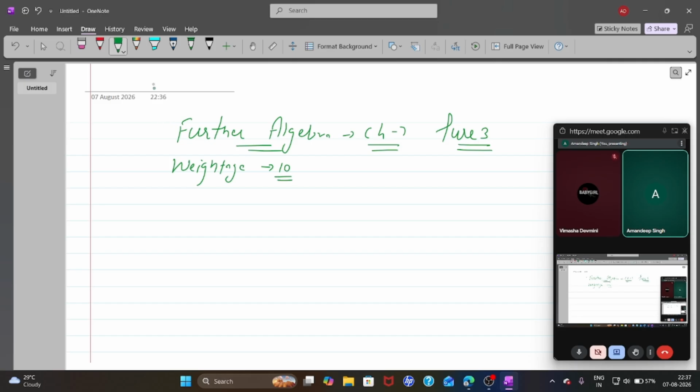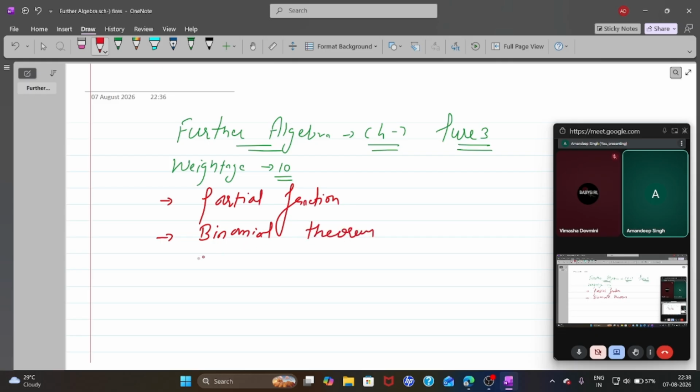And what topics we are going to cover here. This chapter divides into 4 exercises according to the Hodder publisher. In the 4 exercises, what are we going to learn? We are going to learn partial fractions. We are going to learn about the binomial theorem. It is different as compared to AS level. Binomial theorem. And the third one is